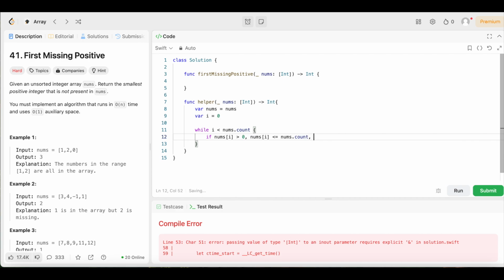comma, nums[i] does not equal nums[nums[i] - 1],